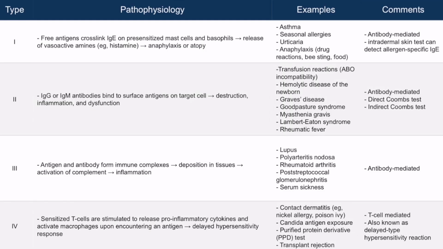All right, moving on to type 2 hypersensitivity reactions. These reactions are characterized by IgG or IgM antibodies binding to surface antigens on target cells, which leads to the destruction, inflammation, and dysfunction of affected tissues. That being said, there are some scenarios of type 2 hypersensitivity reactions in which antibodies end up stimulating the target cells rather than marking them for destruction by the immune system. A notable example of this scenario would be Graves' disease, in which the autoantibodies end up stimulating the thyroid gland